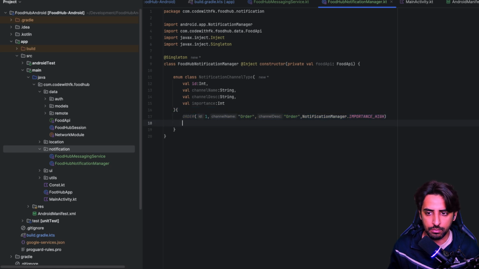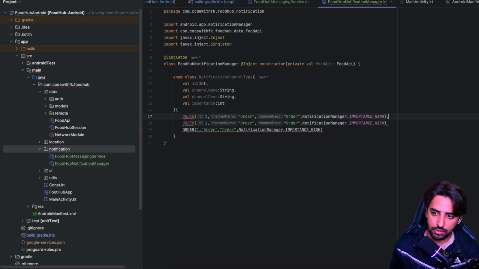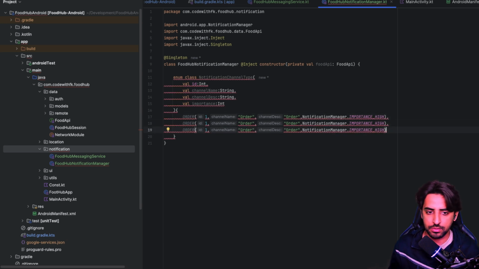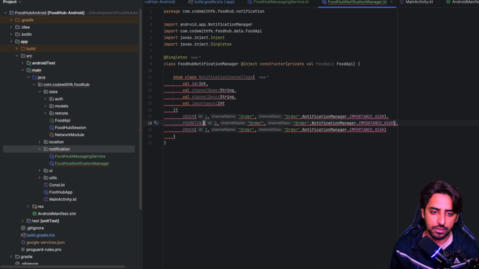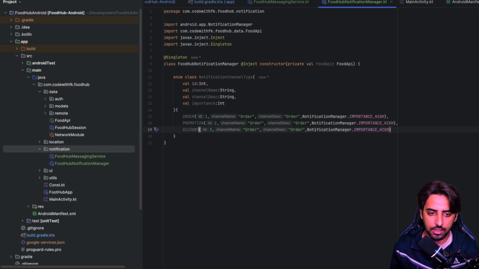And now over here, we'll just add these values to this. Let me just add a comma to this. Okay, now we got these. Let's make it 2 3, and this is going to be promotion. Then this is going to be account. Okay, let's name it promotion. That is going to be account. I'm going to use the same over here,